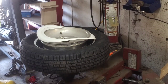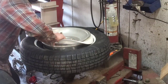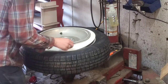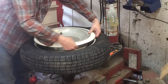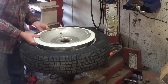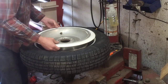Oh, I thought maybe I'd show this since I didn't show it before. So anyways, like that, I just put this underneath here like so, and just in here, and then I pushed it up, taking my fingers and going underneath, pushing it all the way to the edge of the rim. And then we get